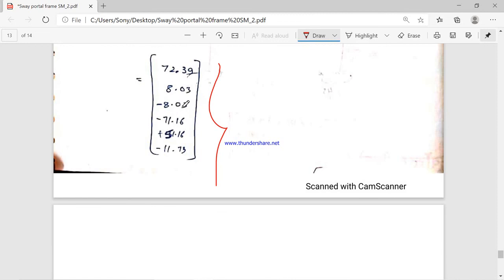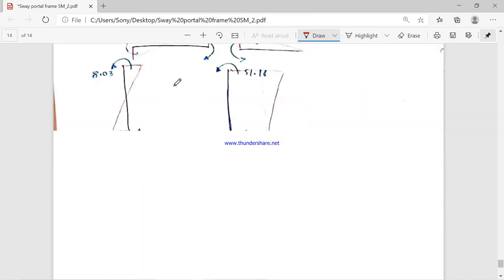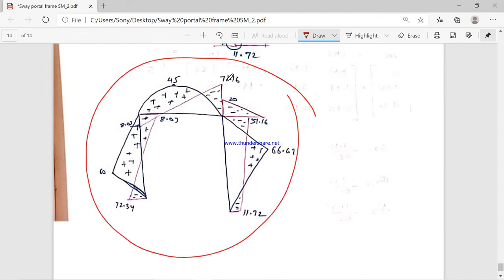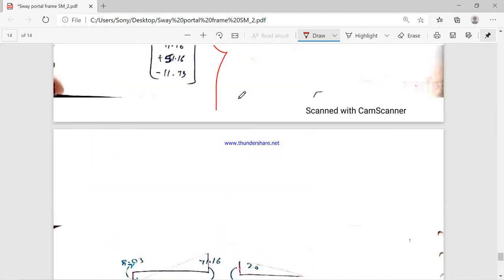Whatever answer we are getting in the matrix form, we have to represent this value in the diagram but in the opposite direction. So like this we can solve n number of numericals based on the same concept. And this type of numerical is always asked in your examinations, for around 13 to 14 marks. So we will see more variety of this type of numerical next week.